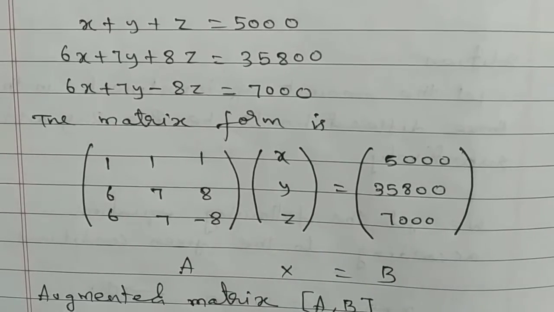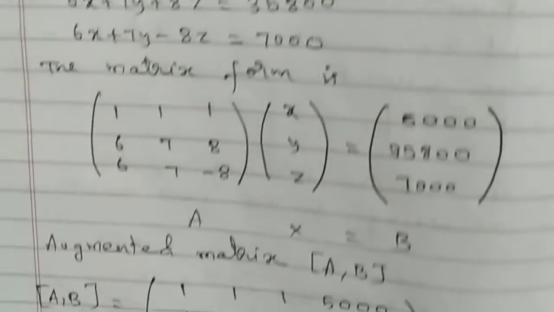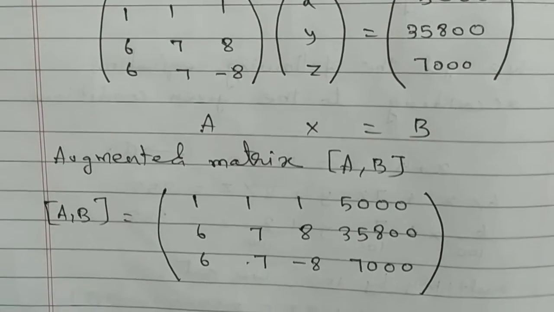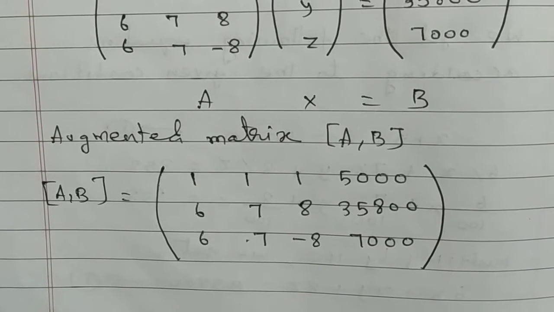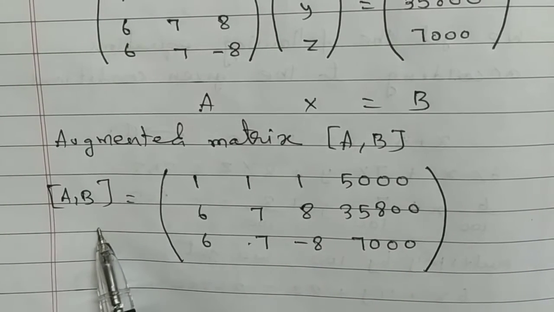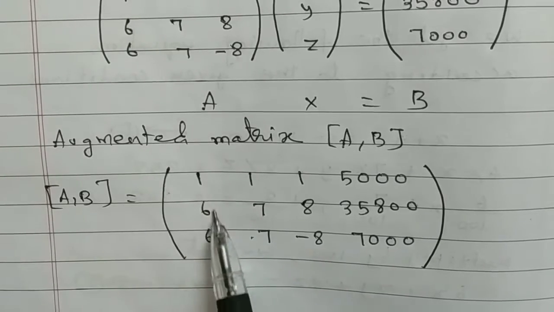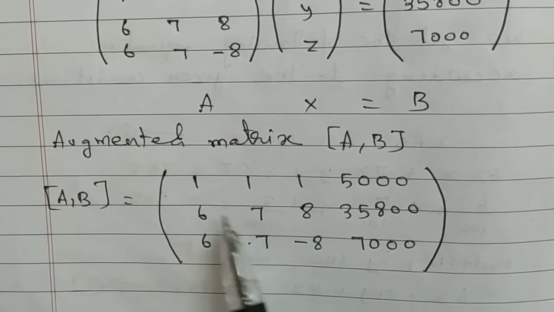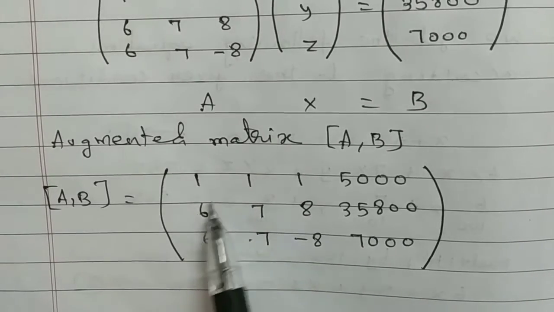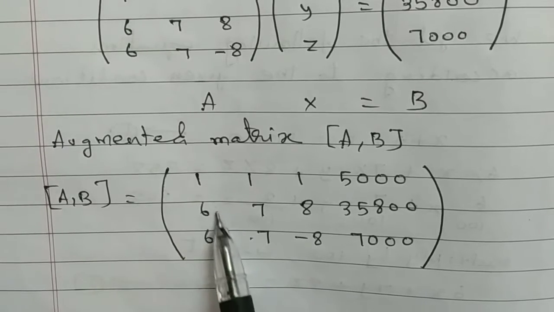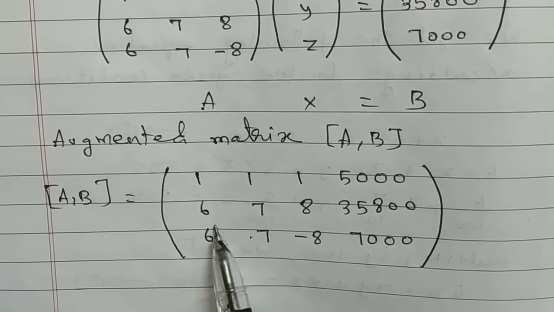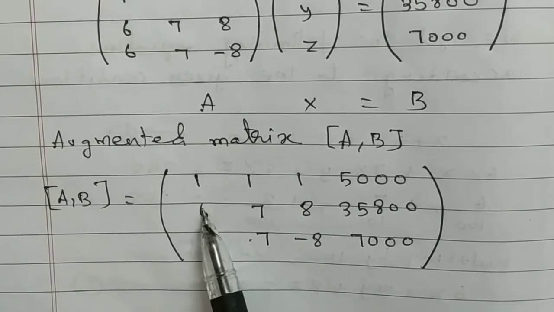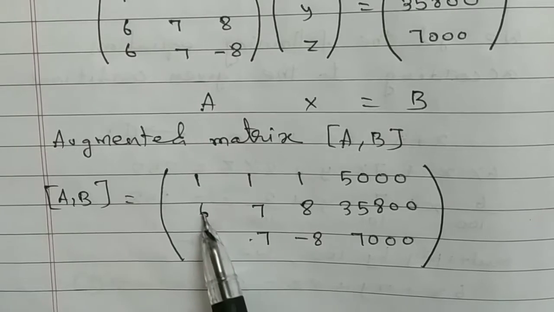Next, to find the augmented matrix A comma B, the combination of A and B. Next, to find the rank of the given matrix AB. What is the first element? It is 1 only, so there is no need to interchange any row or column. Next, this place value we make into 0, and next this place value into 0, and next this place value into 0. So what is this? Triangular form, echelon form.